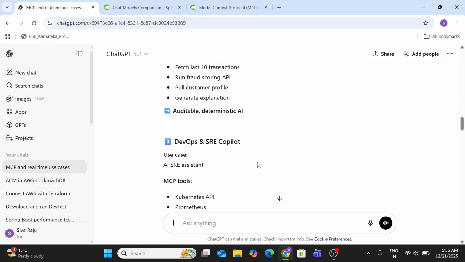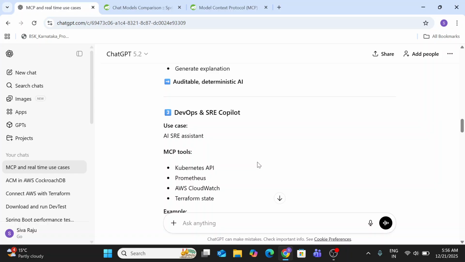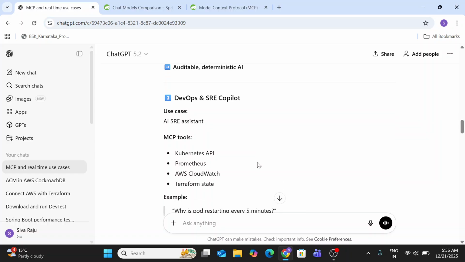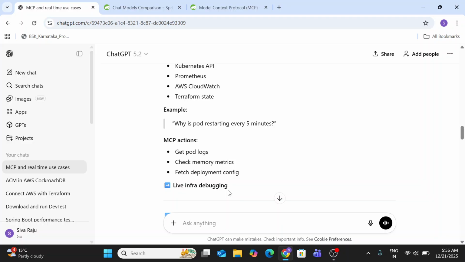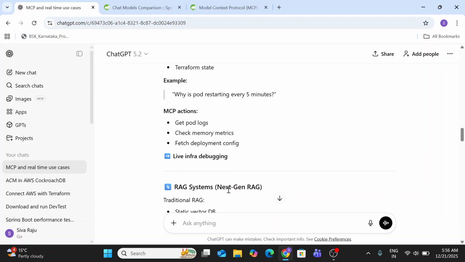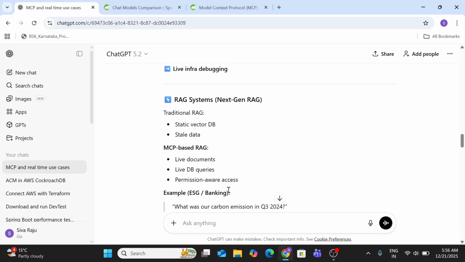Like that, a DevOps and SRE Copilot will also go to Kubernetes, Prometheus, AWS CloudWatch, Terraform. If you ask why a pod is restarting every 5 minutes, what will it do? First it will get the pod logs, check memory metrics, and fetch the deployment config. RAG system,